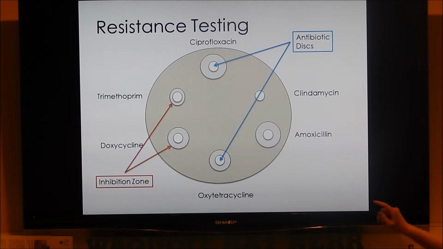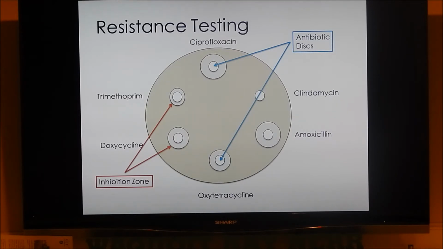And then what I do is I set down these little white discs, which are here. The little white discs have antibiotics in them, embedded with a known concentration. And you can just buy those commercially. So we put those out, and I just have the names of the antibiotics written around this as an example. And then you put it in an incubator at a given temperature, let it sit overnight.